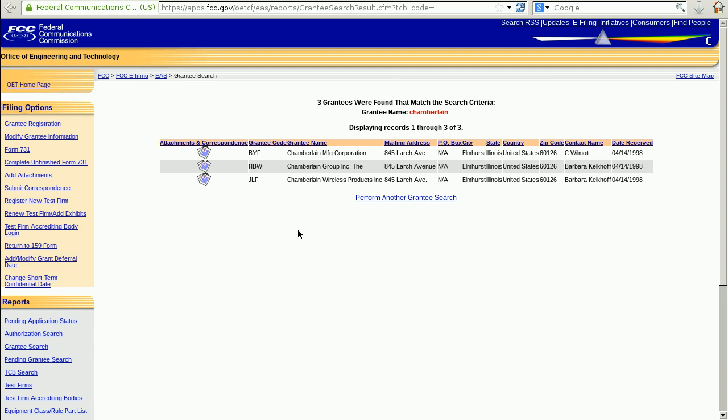then we should find that we can find the grantee code that way. This is extremely useful if you're trying to find information about a product and you don't have the FCC ID, but you do know who manufactures it. You can look up that manufacturer and find a grantee code. Unfortunately, this doesn't work every time. Sometimes you'll find that the name of the company that you do know is not listed in the database as a grantee,